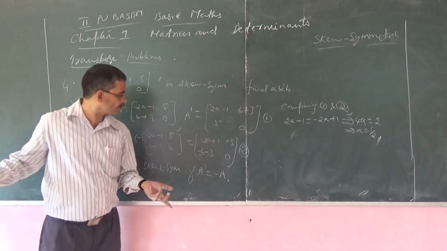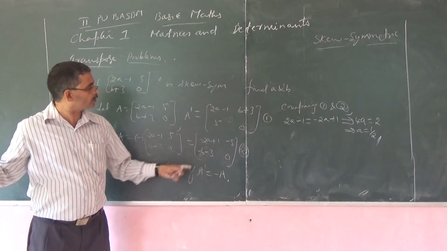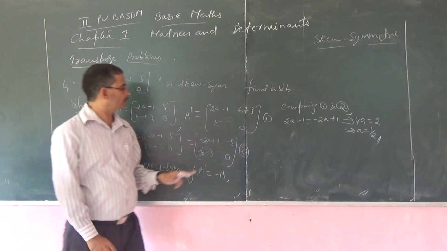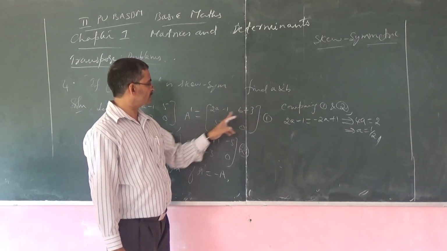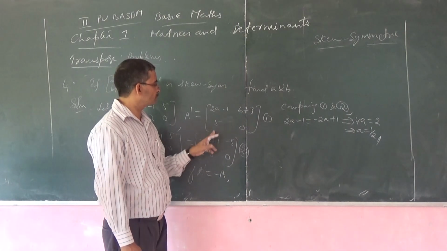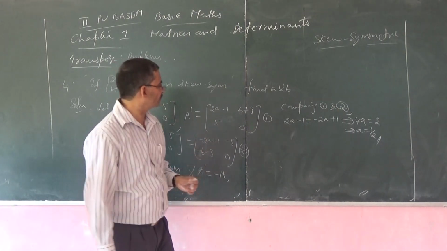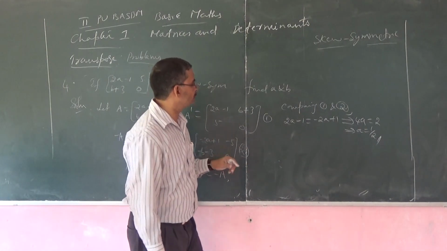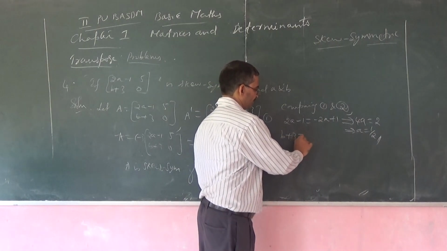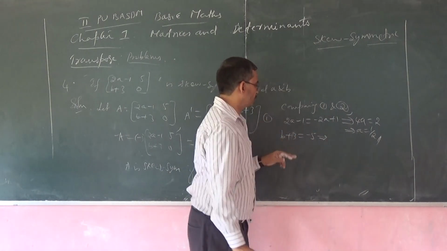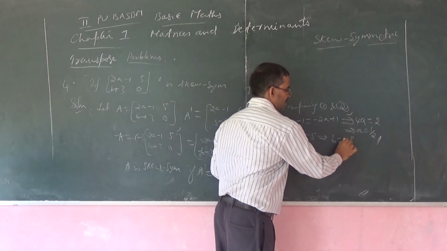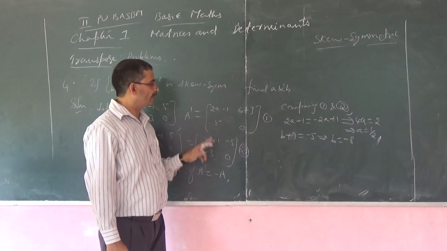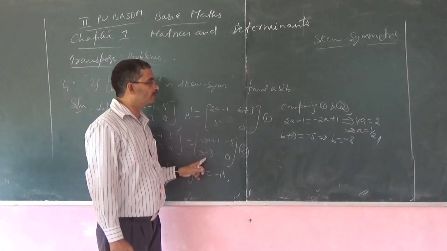The other one is, what are we having? The other one is minus b minus 3 equal to 5. Either you can use this or this one also, one and the same. b plus 3 equal to minus 5, either one and the same. b plus 3 equal to minus 5 implies b equal to minus 8. Even if you compare the other element, same thing you will get for b.